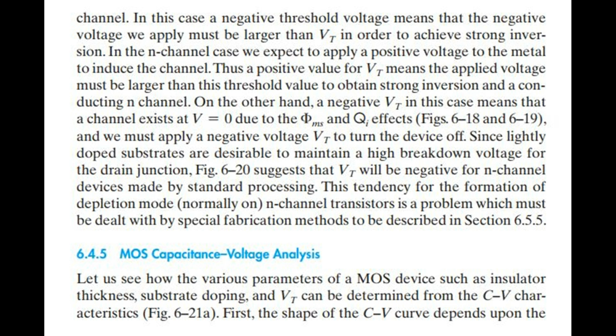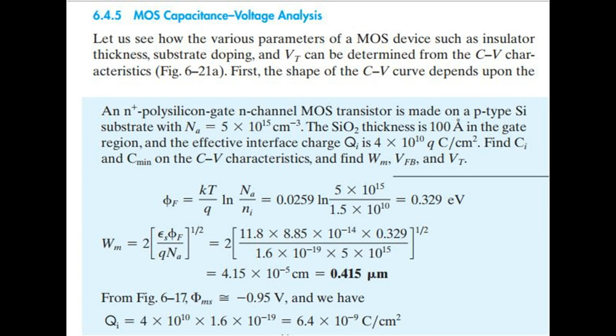MOS capacitance-voltage analysis. Let us see how the various parameters of a MOS device such as insulator thickness, substrate doping, and threshold voltage can be determined from the capacitance-voltage characteristics, Fig 6.21a. First, the shape of the capacitance-voltage curve depends upon the type of substrate doping. If the high-frequency capacitance is large for negative gate biases and small for positive biases, it is a p-type substrate,